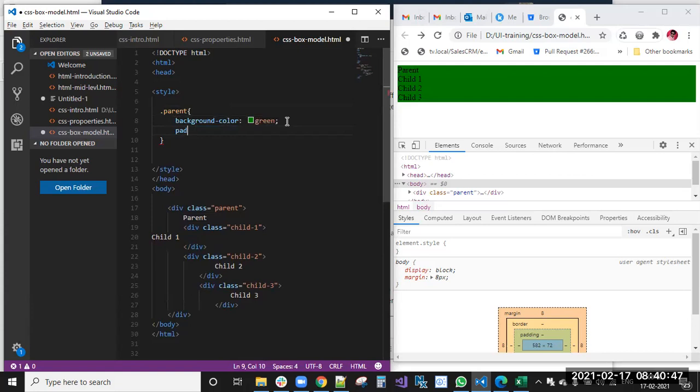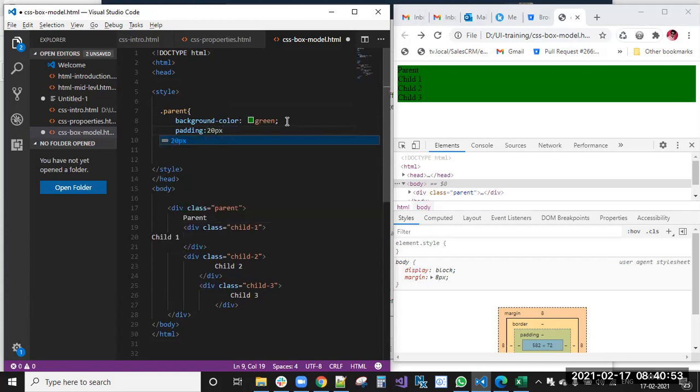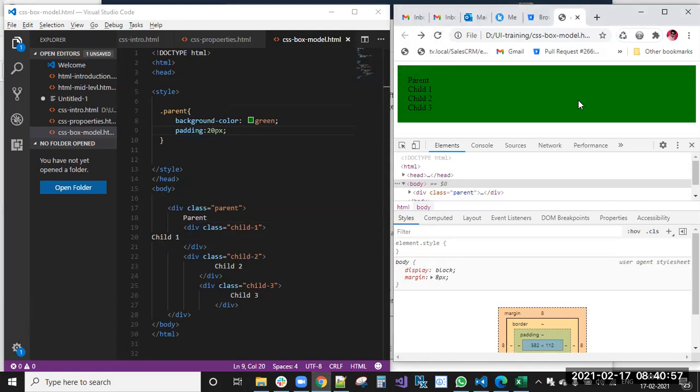I'm applying padding to make it look good, padding of 20 pixels. Now you can see it is aligned well. Internally the padding is adjusted on top, bottom, left, and right.